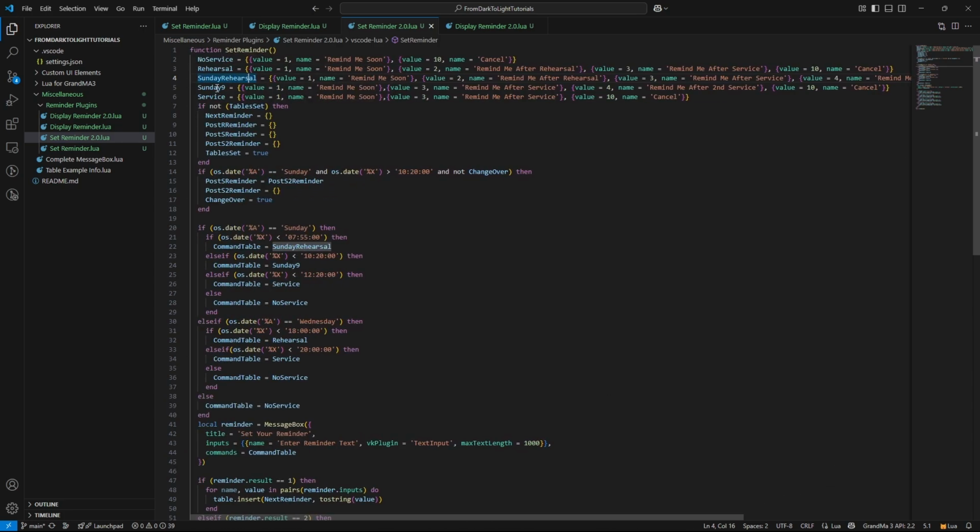And then Sunday 9 o'clock service, we have the options to remind me soon, remind me after service, after second service, or cancel. And the service one, which would get used during the 11 o'clock service as well as midweek services, says remind me soon, remind me after service, and cancel. And then if the tables have not been reset, we reset these tables, and this will make sense later on